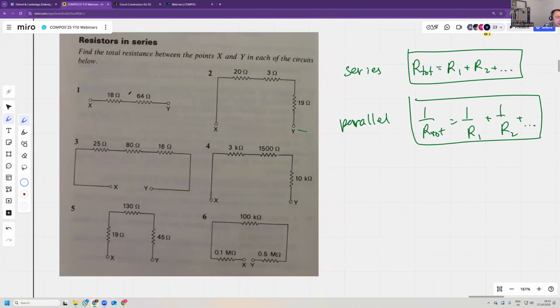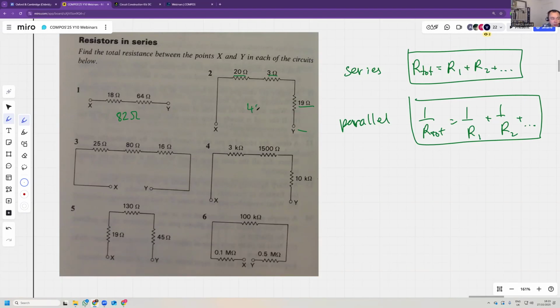So this is a series connection. So you would have the total 18 plus 64, 82. So the total is 82 ohms. It's quite straightforward. Here you have 3 resistors in